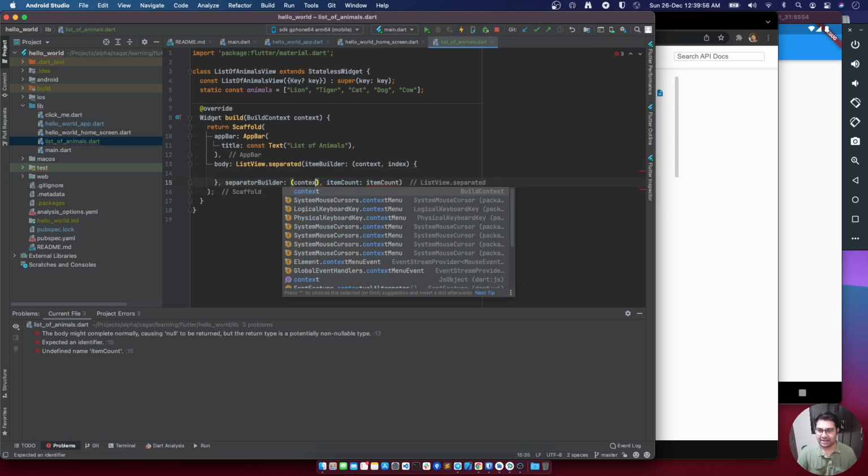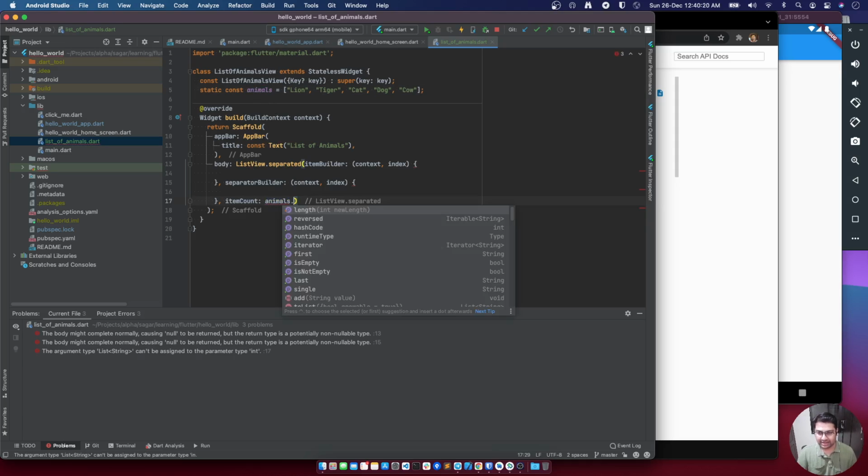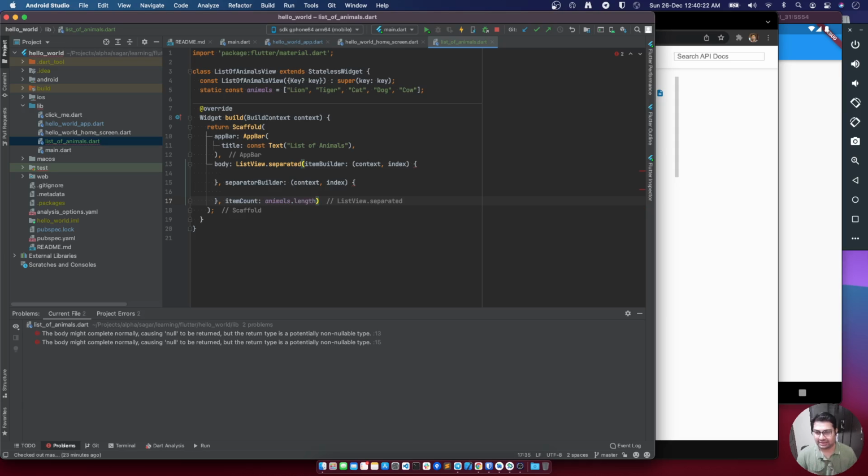So here I have defined two inline functions for two parameters, item builder and separator builder. For the item count, we know that we want to show the animals, so the list view would have the items of animals length.